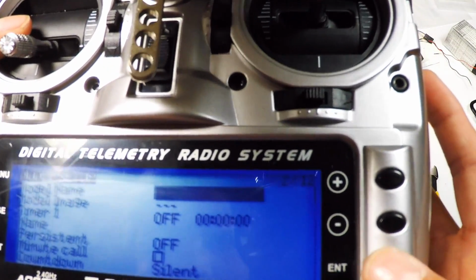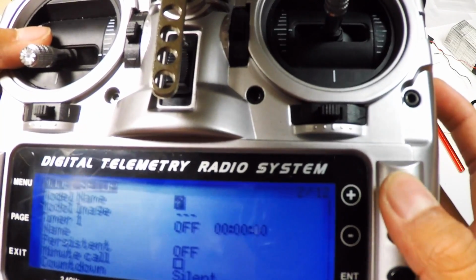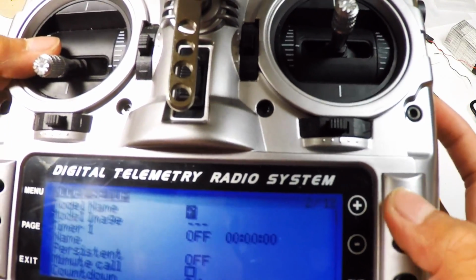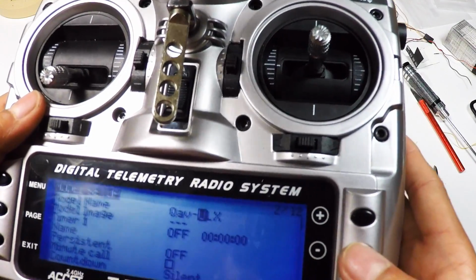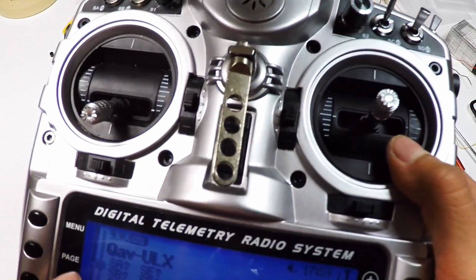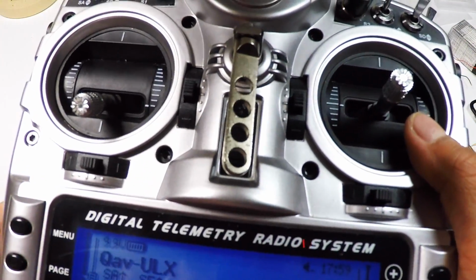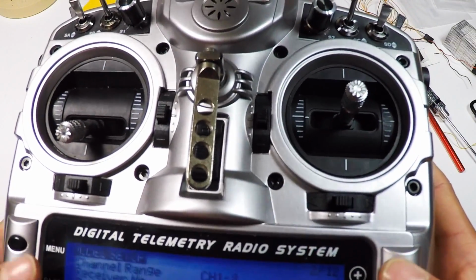So let's see. You move through. Let's call this a Qav-ULX. So go to Q. There you go. So now, as you can see, if you press exit, it's Qav-ULX. So that's perfect. So now you can go to page, scroll up,